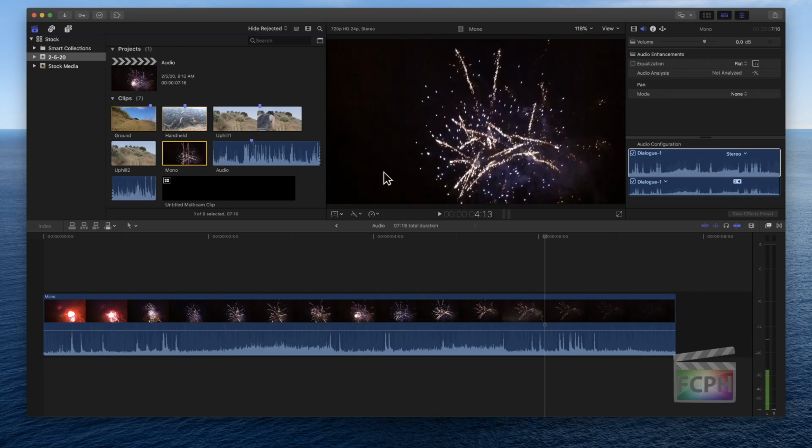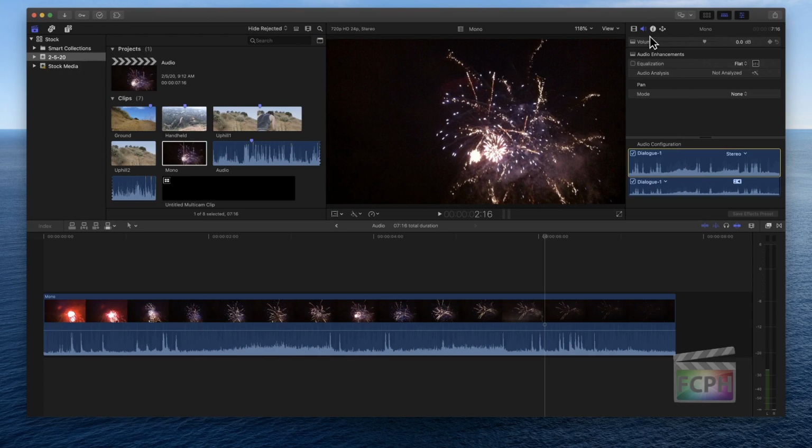So with it selected, I'll go over into the inspector. There's a couple different inspectors at the top right here. Make sure you're in the audio inspector, and you'll see you have things like volume, audio enhancements. But then there's this option for pan mode. The panning is basically where do you want to put that audio. You can put it on the left side, right side. If you're working with surround sound, you can put it in the back right, front right, wherever you want to